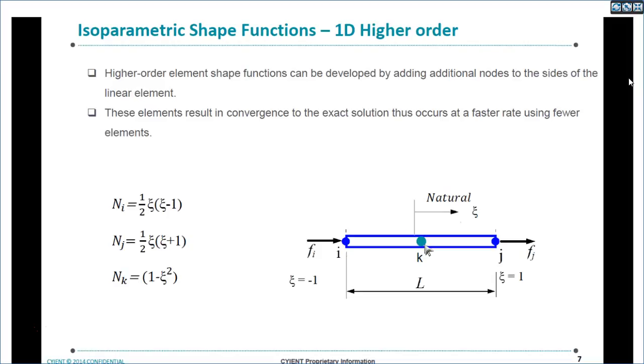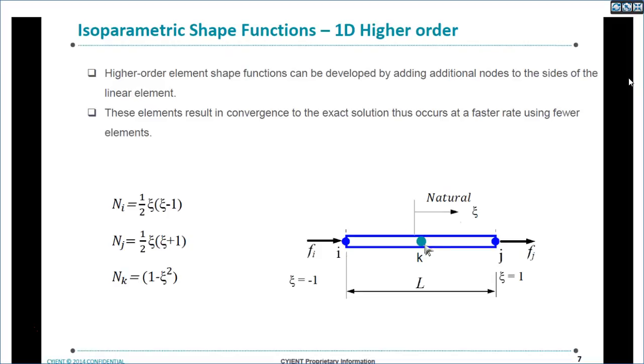We need to check the accuracy of the results. If you use a higher order element, the accuracy will increase. We will discuss that in detail under the convergence process. But convergence can be easily achieved by a